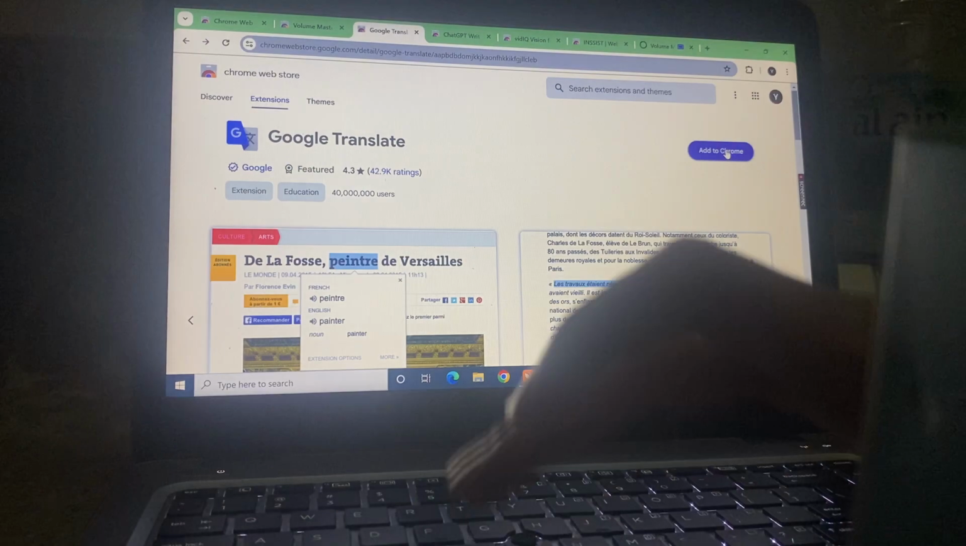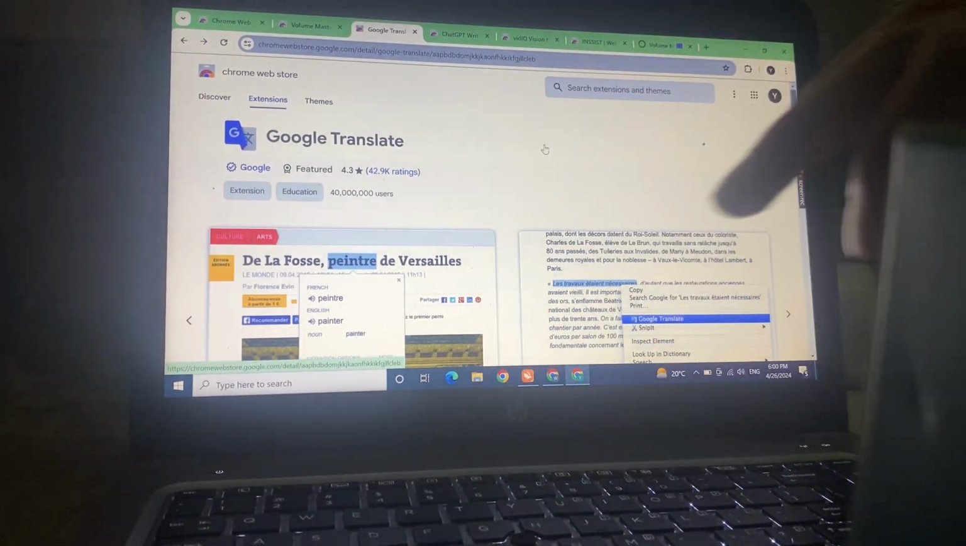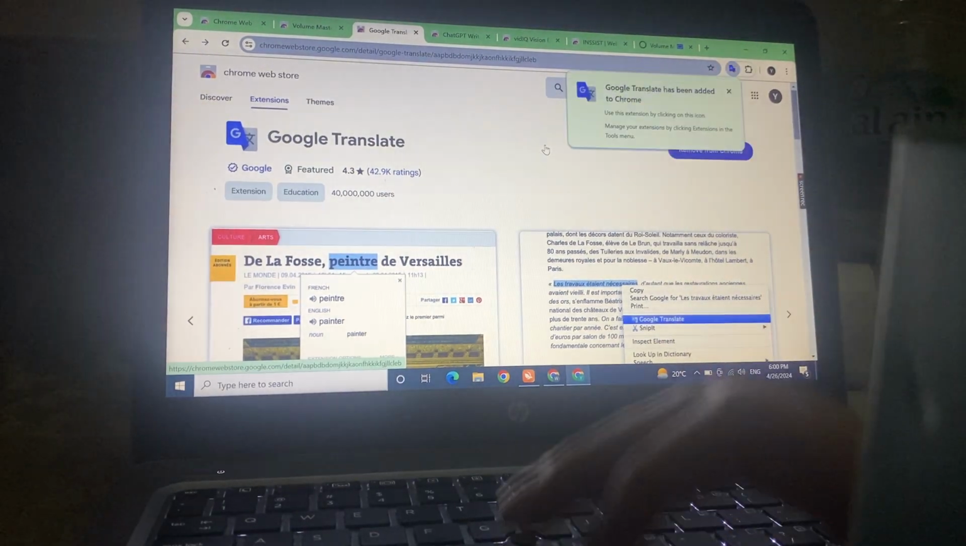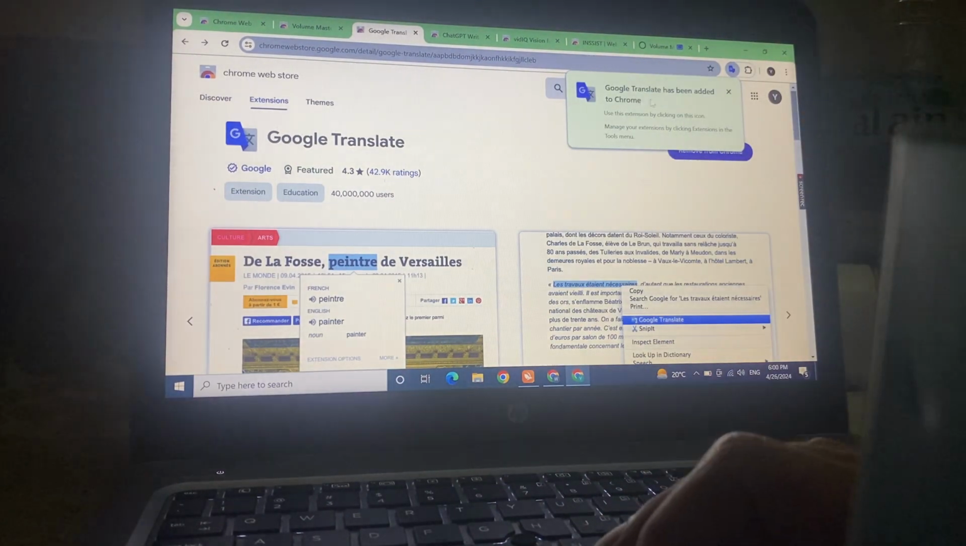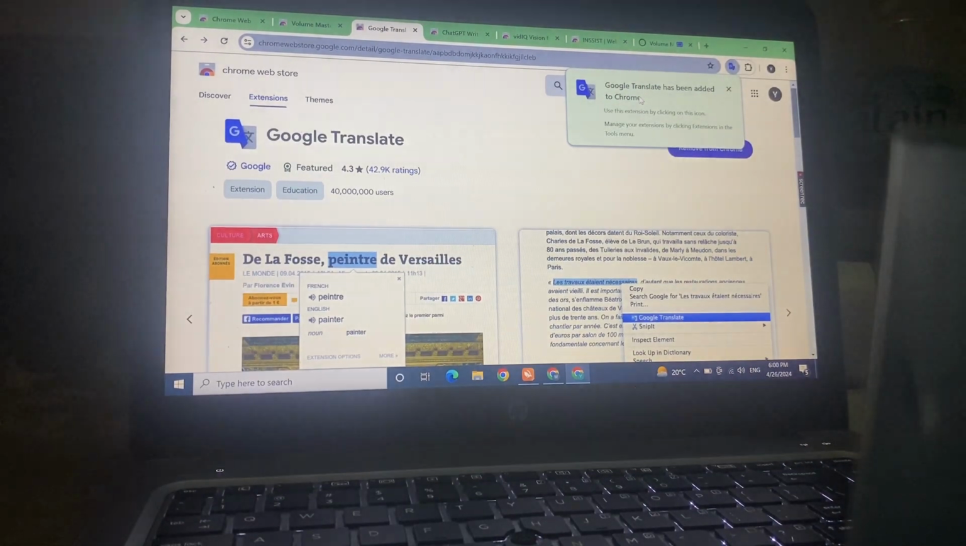So we will go to add extension here. We'll click here, add extension, and then it will go to the next page. See, Google Translate has been added to the extension. So this is how you are going to